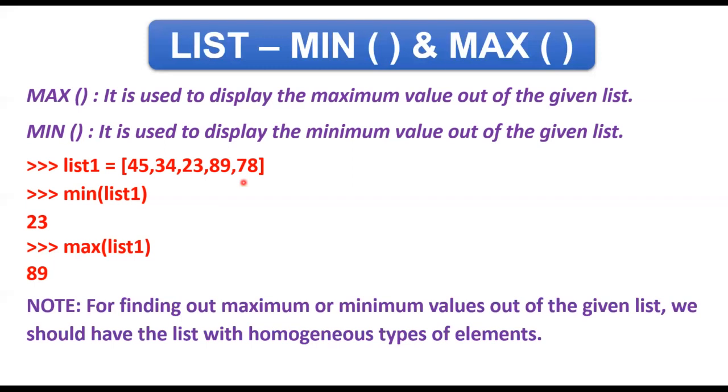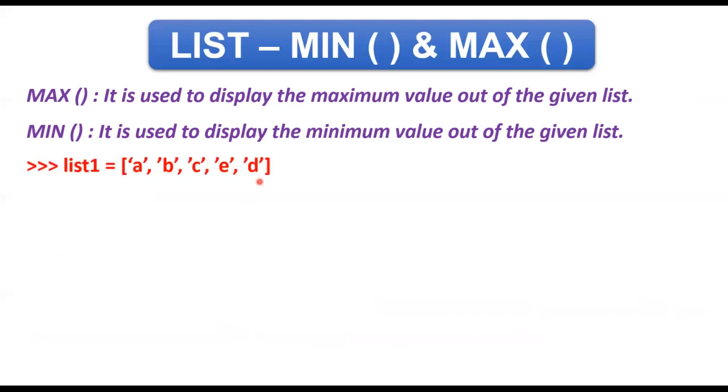So if my list is containing heterogeneous type of elements, we cannot apply min or max function on those elements. Now similarly, as we have taken an example of the integer values, we are going to take the example of string or character values. So as you can see, list1 is containing A, B, C, D, E. 5 elements are there. Now if I apply this min function onto this list, I will get the result as A alphabet. That A is the minimum one. And if I apply similarly the max function onto this, then I'll be getting E as a result.